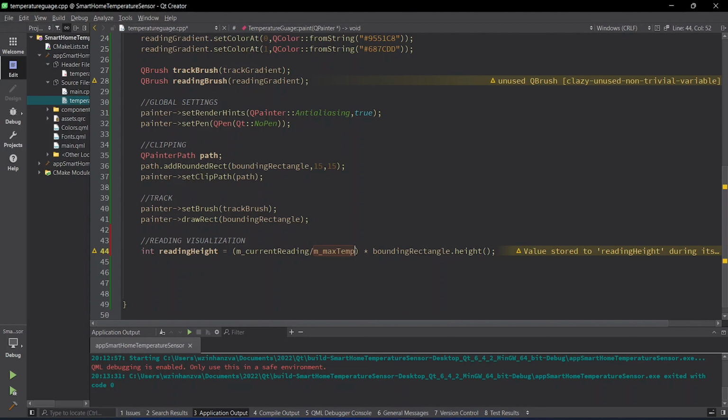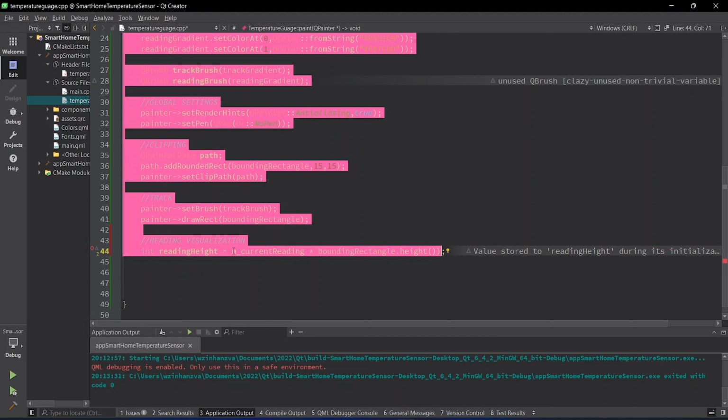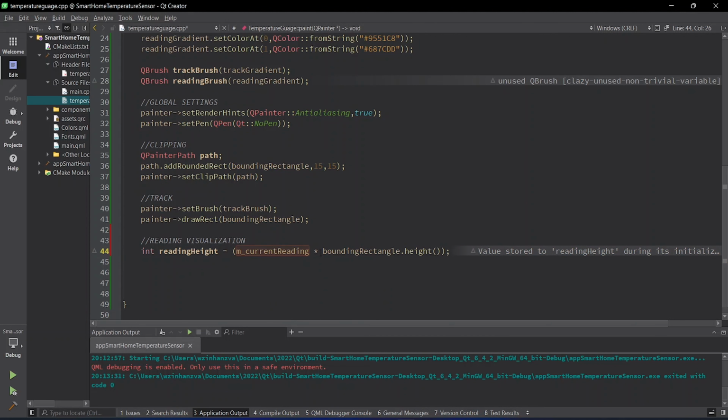I just needed to understand where the height is coming from. So we're going to first multiply the current reading times the rectangle width, and then divide by the max temperature. Okay, so now that this is done,